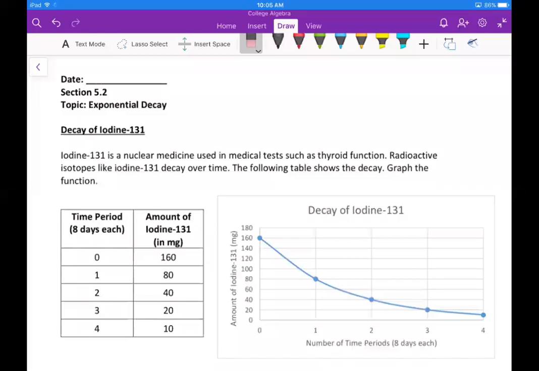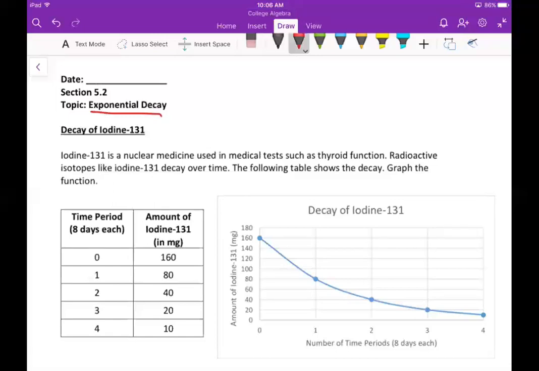All right, are you guys ready for 5.2? So 5.2, pretty similar to 5.1, except this time we're going to look at some applications of exponential decay. It is possible that something just decays really fast rather than growing really fast. One of the biggest examples of this is decay of radioactive isotopes, and that's what we're going to look at here as we first try and figure out, okay, how does this pattern change when we have exponential decay